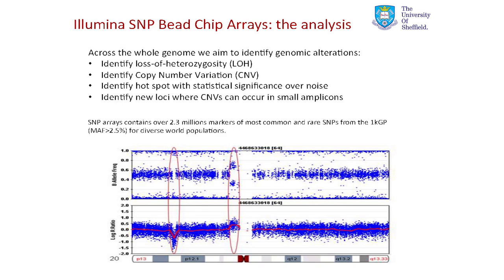So what we are trying to do is collect, using SNP chip arrays, all the information that we have on the SNPs that are present in these cell lines that we can get hold of, and evaluate whether there are copy number variations or loss of heterozygosity. The SNP arrays contain about 2.3 million markers, and normally you evaluate them by looking at these two quantities, the B allele frequency,